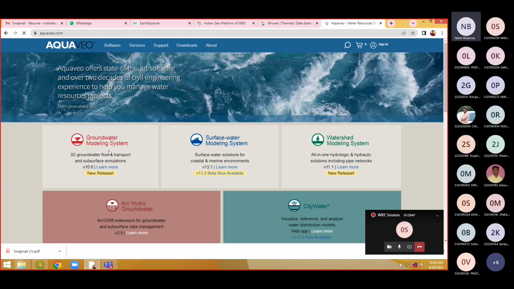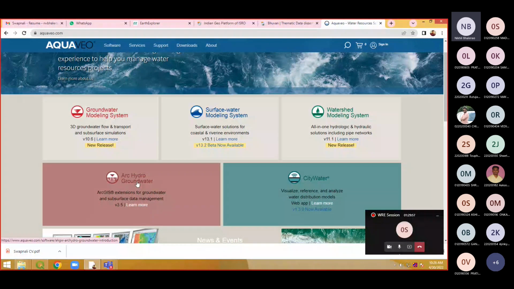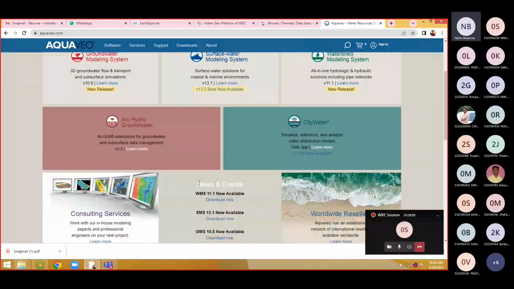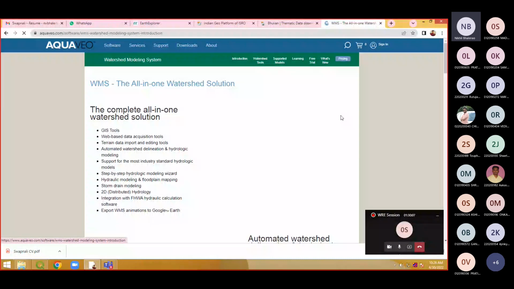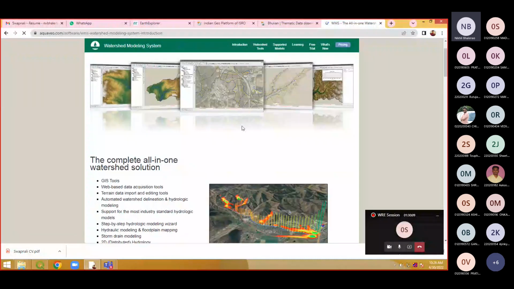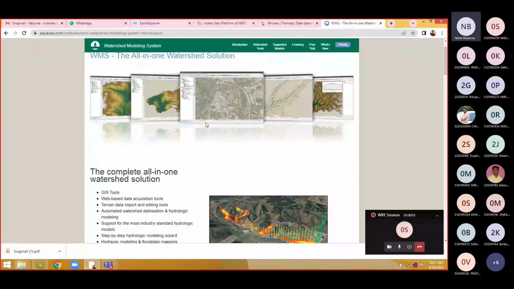So here you can see the Groundwater Modeling System (GMS), Surface Water Modeling System (SMS), then WMS, Watershed Modeling System, Arc Hydro Groundwater, CityWater, etc. These are the packages of software available under this Aquaveo. So if you go to the Watershed Modeling System, here you have the study related to the